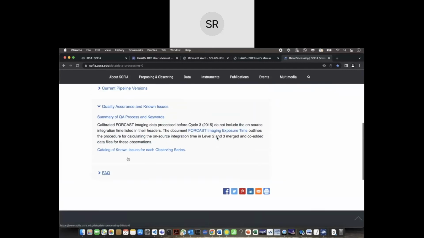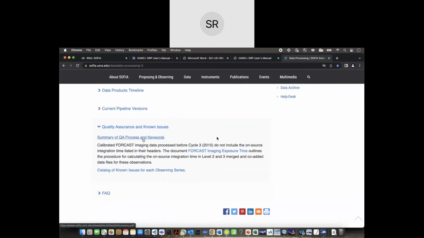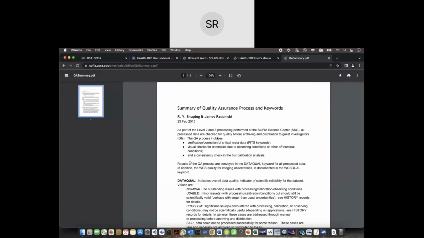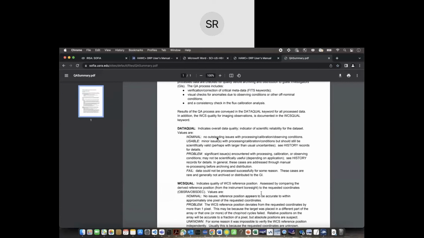And there is a tab for quality assurance and known issues. There is a summary of the keywords; if you click on this quality assessment, some of these keywords may have been mentioned. So you have the keywords and you can actually know what they mean, whether nominal, usable, or problem. And also, there is a table of known issues for each of the observing cycles. And if you click, as we go through different cycles, on those cycles and the flights there, you can get the specific